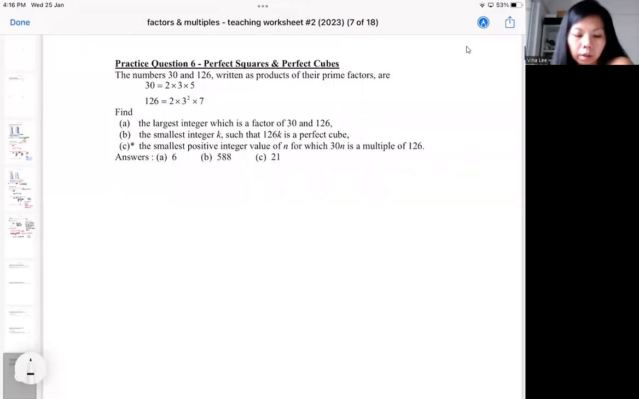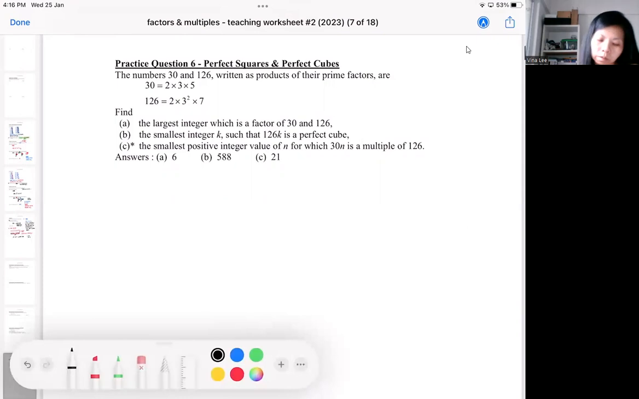Okay, so this question is a very typical exam question. If you realize, you don't even need to do the index notation. They already give you the index notation for 30 and 126. That means you just need to be able to answer the question. So for part A, in case you didn't know what part A is asking for,